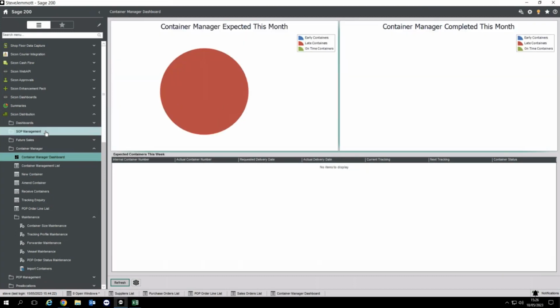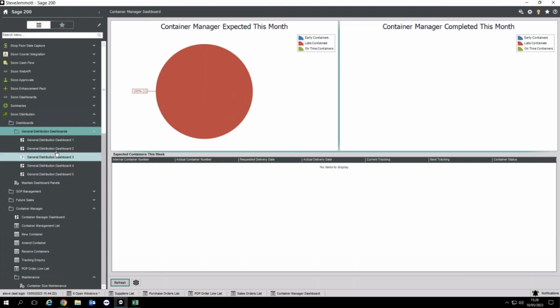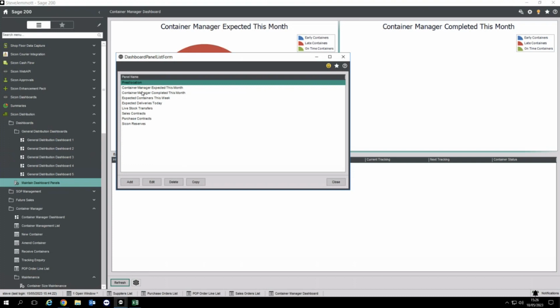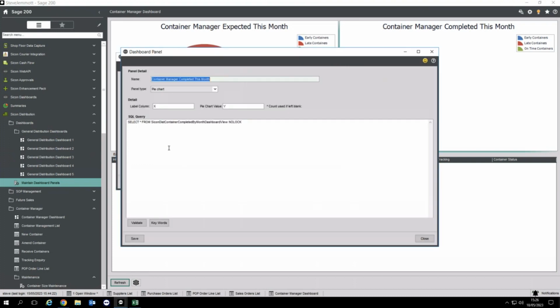So there are some that come out of the box. We've also got these 5 general dashboards. If I come down to the maintain the dashboard panes, if I just edit this, what's quite clever here is it's all written based on SQL. So what we wanted to do was put a tool in there which, and it doesn't have to be just that module's information, as long as it's data in that database. Darren and the team at EBS will be able to write some SQL. You might have some experts internally, but if you write the SQL and validate it, you can have pie charts, list fields, bar charts. You can then have the system